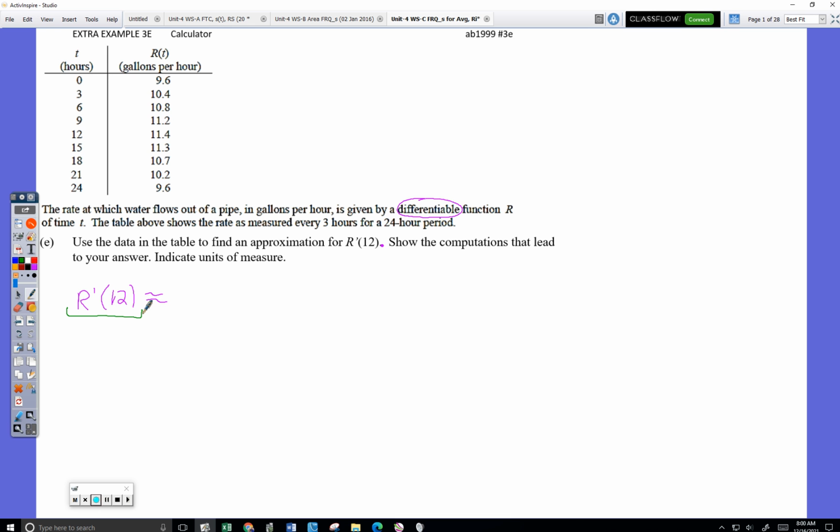However, let's be honest, knowing that R prime of 12 is the derivative of R isn't very helpful when I have no equation for R. So I need to know another English interpretation of that. Hence, what's the other way to say it, Carson? The rate of flow at time equals 12. 2 points. We've got to be a little careful with that because R already